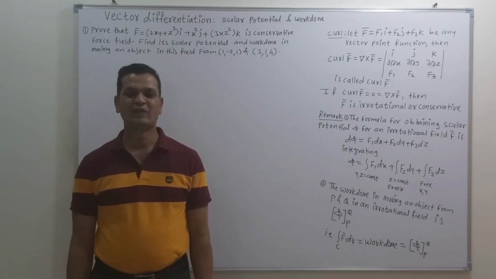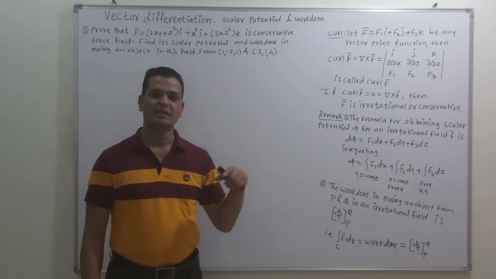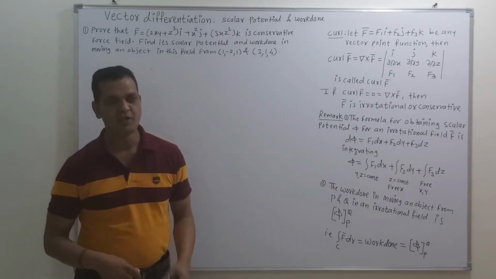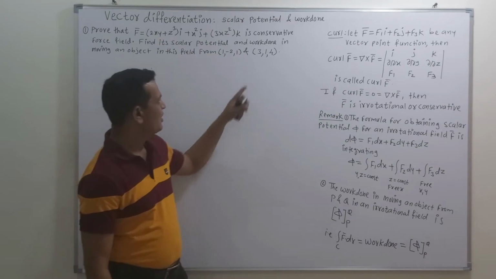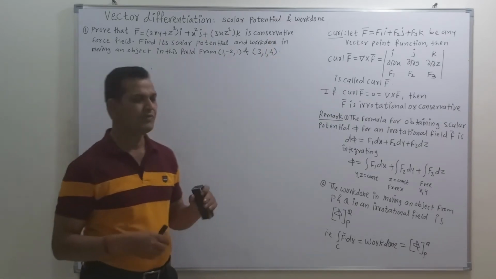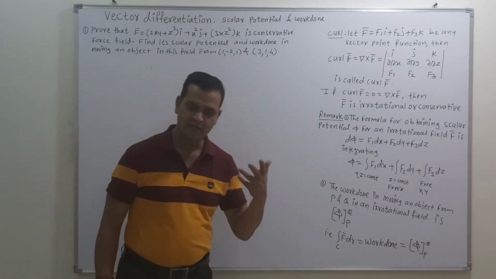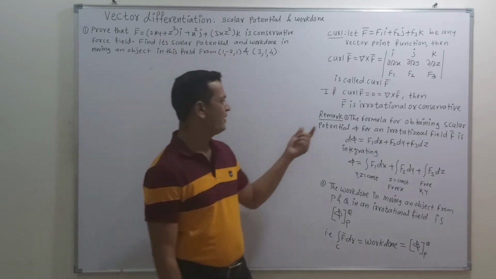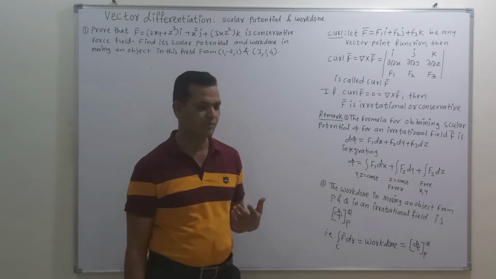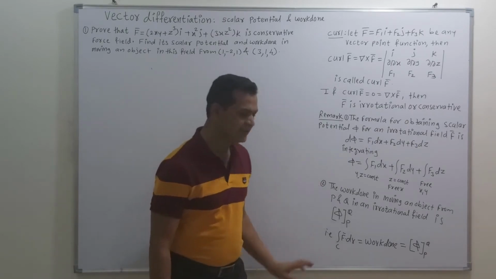Friends, in this video lecture we are going to learn the concept which is called scalar potential. That means how to find the scalar potential when the given vector field is irrotational. Also we are going to learn how to find the work done of a vector point function. Before starting with the example based on this concept, let me first introduce the meaning of an irrotational vector field. Then we are learning how to find the scalar potential, that formula, and we are also learning the formula for finding the work done.